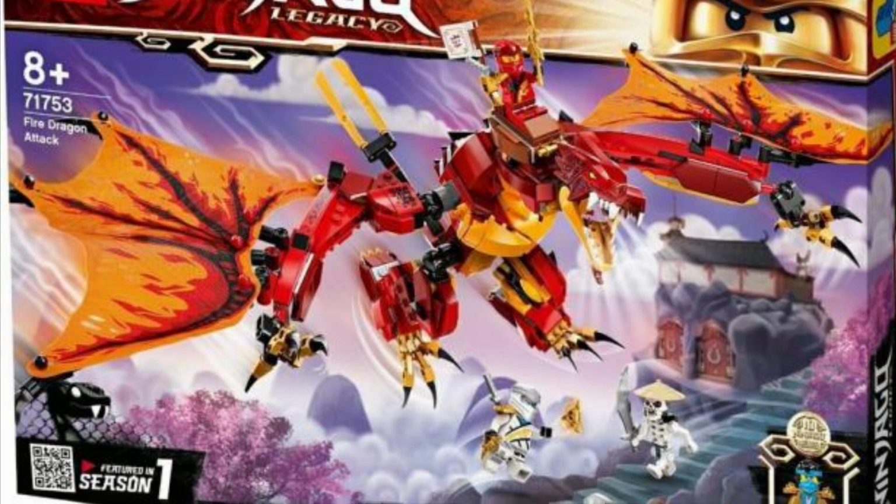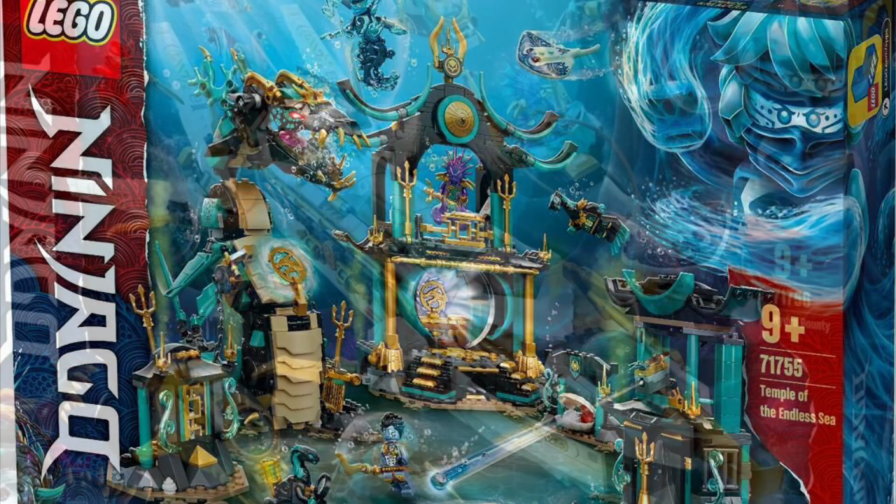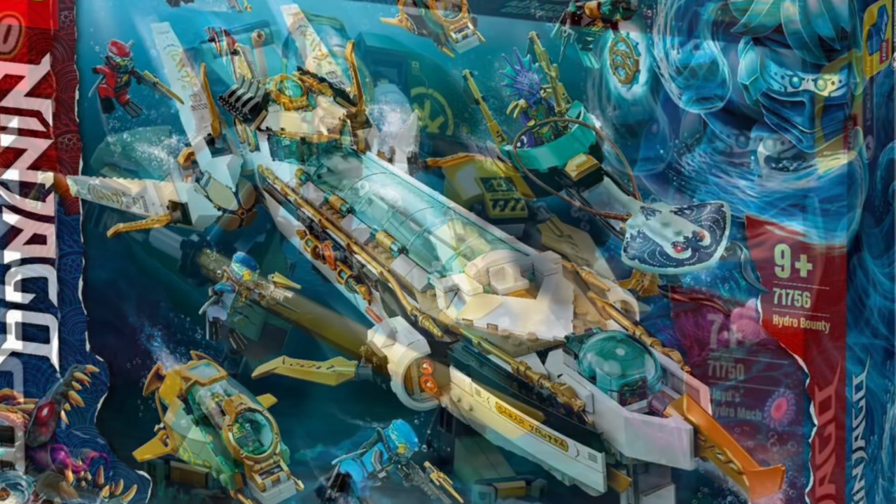For the minifigure selection, we do get Legacy 1 Kai and Zane, and Golden Nia. So again, you'll have to pick this one up if you are interested in completing your Golden Ninja minifigure collection. So yeah, overall, I think this wave is really solid, and I can't wait to eventually pick up a few